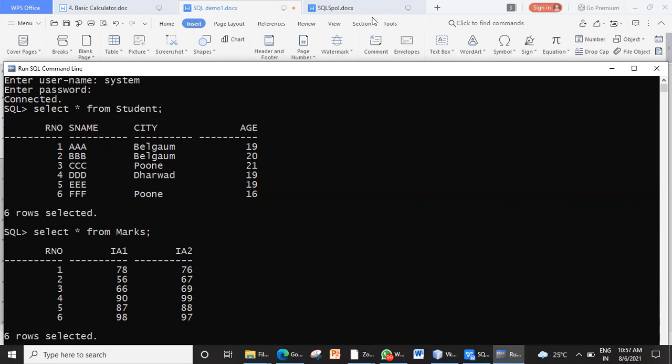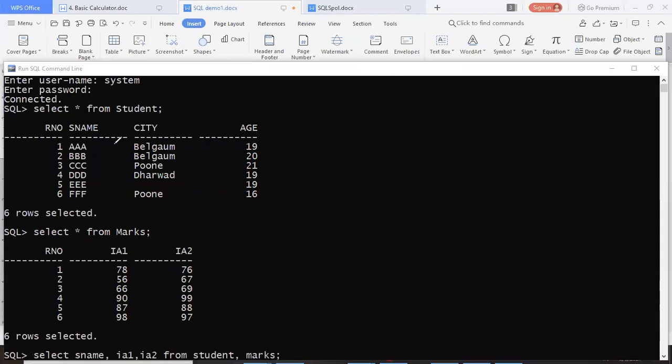I'll tell you. See how fast and how smartly your brain has worked. So it happened like this. Actually, what you did is you saw the marks. In marks, we don't have any relation to DDD, in the sense we don't have a name field. So we will not understand whose marks they are.